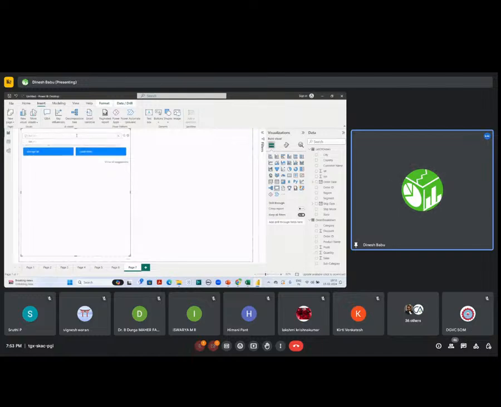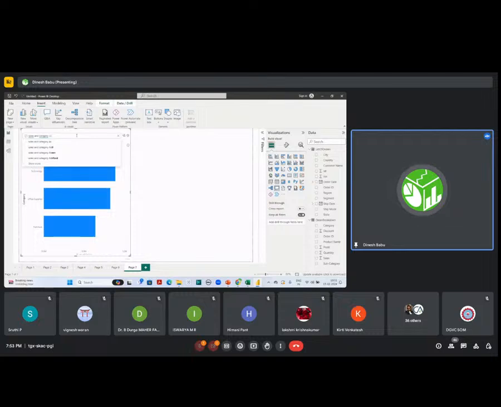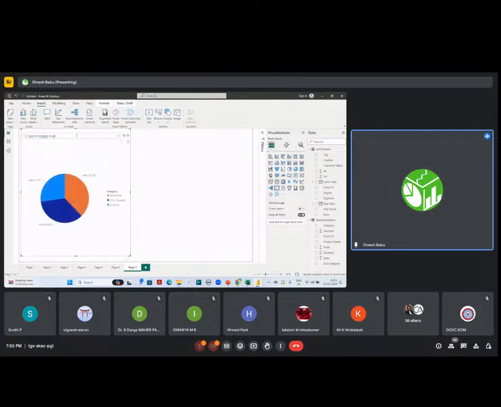Sales, and category as pie chart. Okay, so if I click the sales and category as a pie chart, you can see the pie chart gets